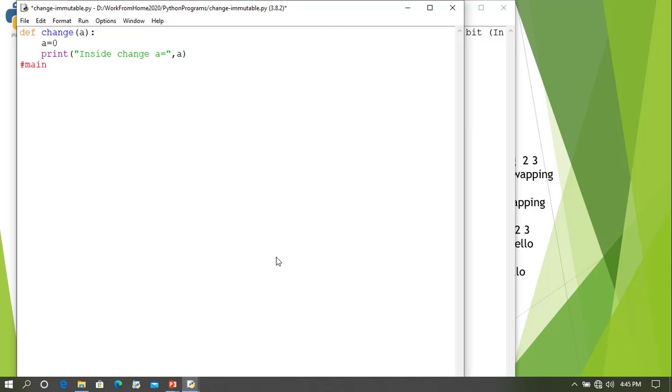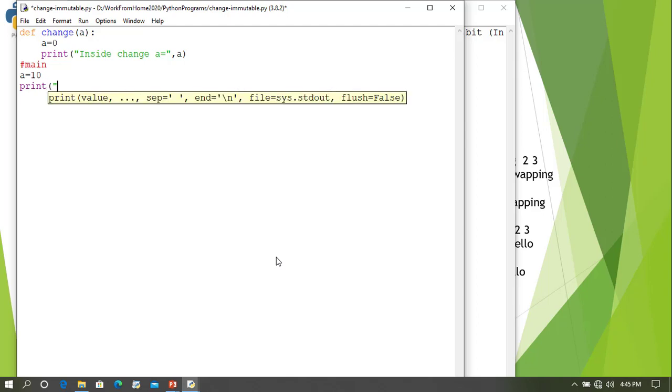This is the definition for the main part, that is the caller of the function. We'll take any value, say a equals 10, and then print in main original value is a.